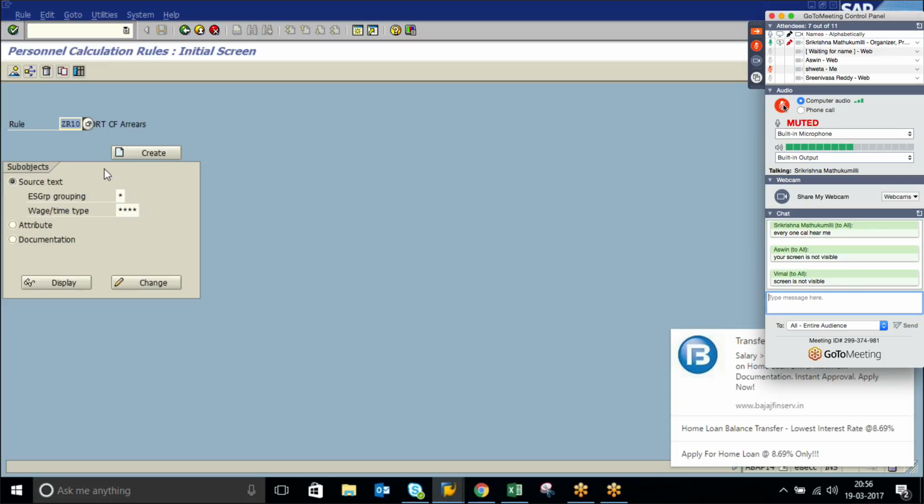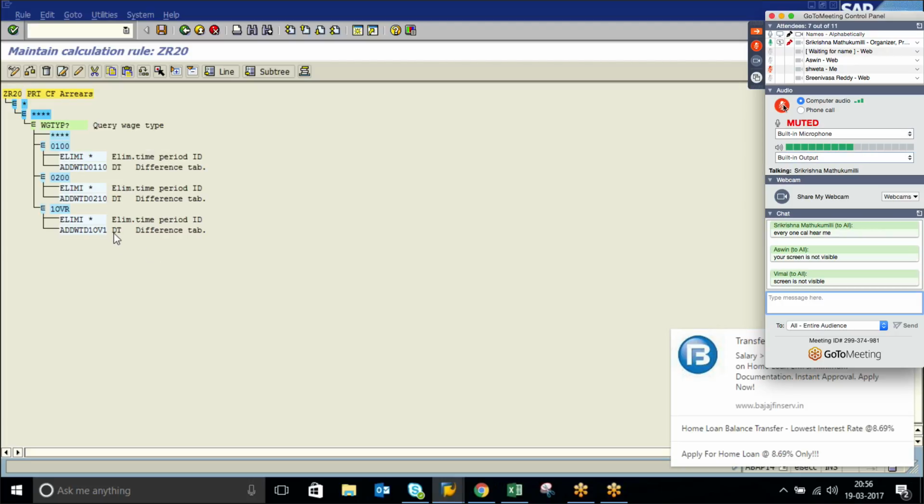Okay, similarly, we have a second PCR, ZR20, which we have created. So the second PCR, what we are doing, we are just adding the value. 0100 is there, we are adding to the same base type now. The initial one we subtracted. This PCR will be called with